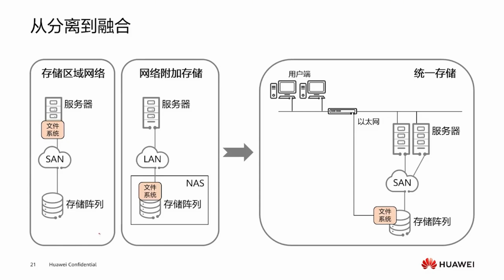As mentioned earlier, in the 1990s, the spread of the internet brought new vitality to storage. Here we can see 2 architectures: storage area network and network attached storage, or what we often call SAN architecture and NAS architecture. SAN architecture forms a regional network between servers and storage arrays, mainly providing cross-storage services. It effectively extends the distance between storage and servers by using the network. NAS devices have a file system and can provide file storage services. NAS devices are connected to servers through a local area network and can connect multiple servers, meeting people's needs for